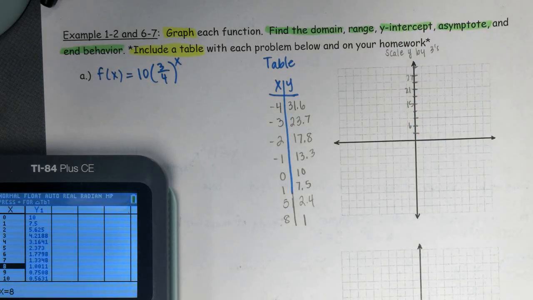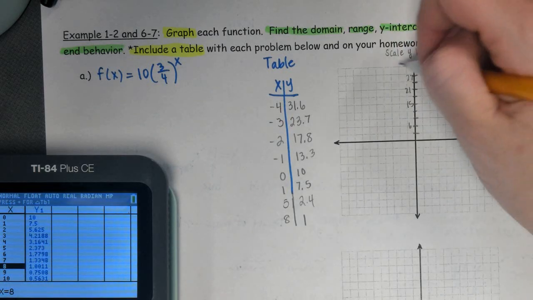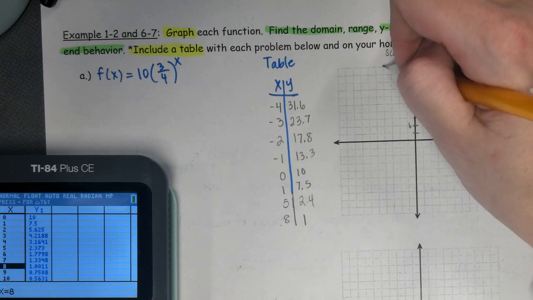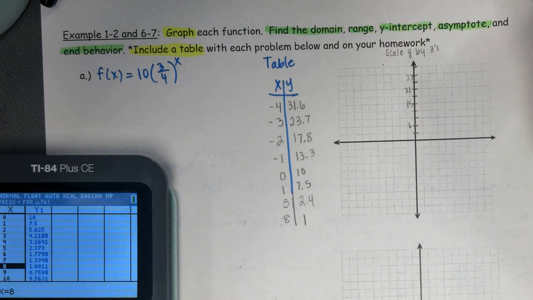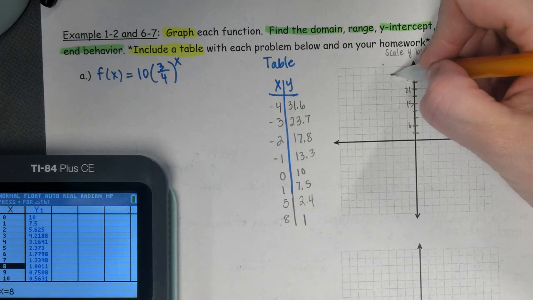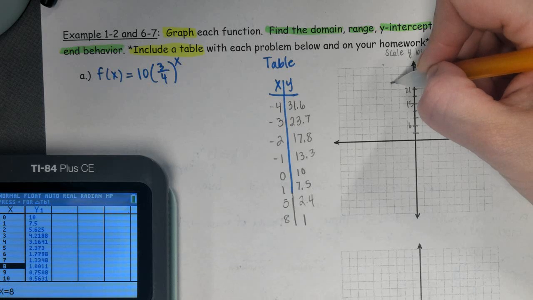Okay, so if I scale by 3s, at -4, it's going to be like just right past my graph. So that's going to give me just a visual reference of where I'm going. And then at -3, I'm at 20, almost at 24. So I'm really close to this point here, so I'm just going to put my point